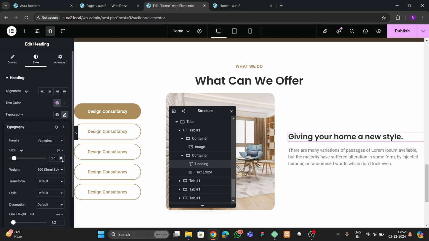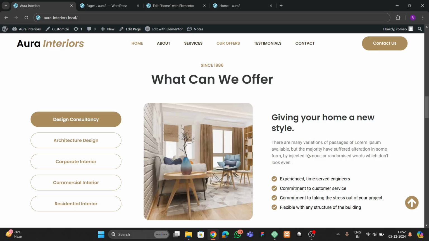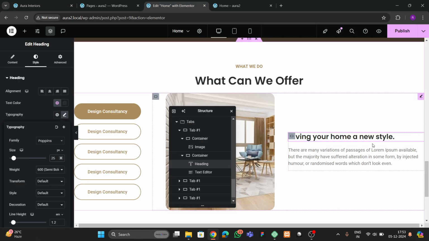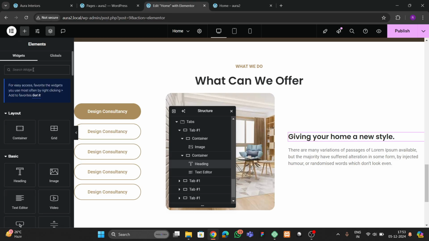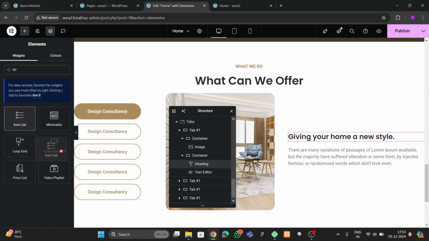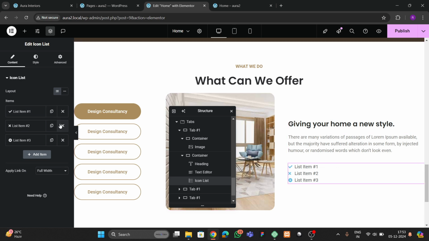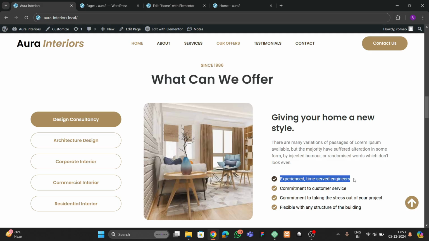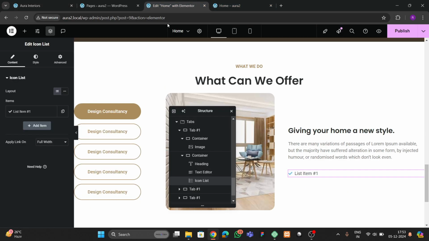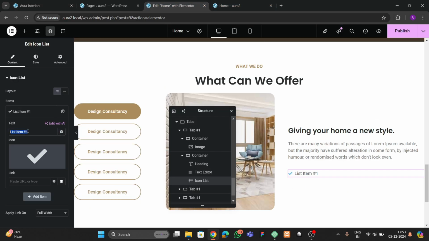Okay, so here we have 25. Okay, and here you can see that we have this icon. So for that we can search for icon list, and we can drag and drop this here. Now we can remove this, and here let me have this, and here we can write this,